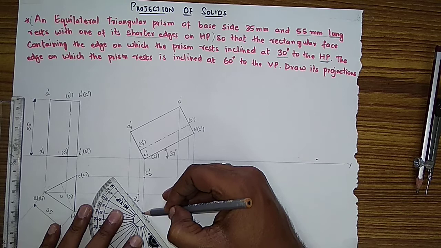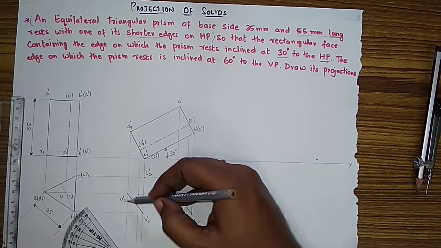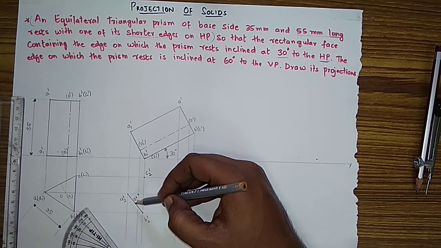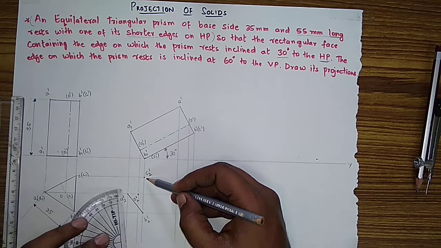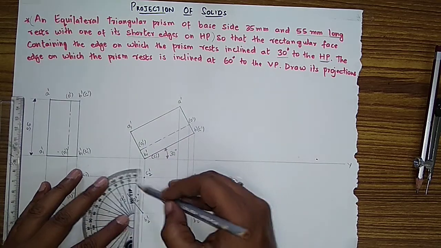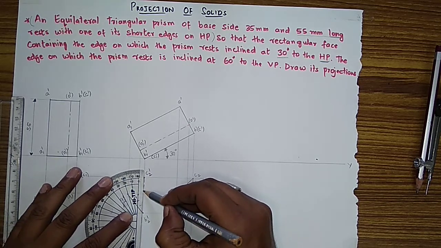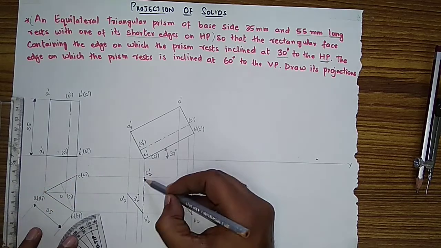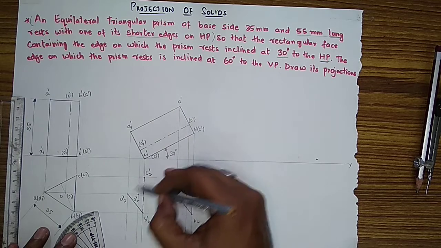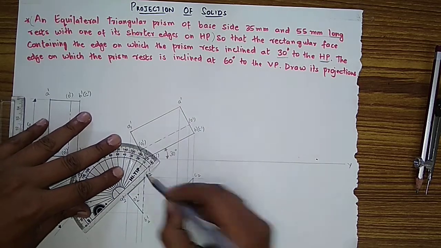A to B I am doing dark because this line is the boundary, meaning the outermost line of this figure. That means this is the boundary, so boundary should be dark. So I am doing dark. Now B2 dash to C2 dash, this line is not visible, and it is not coming on the boundary. It is inside the boundary. So do it dotted. Now C to A is not visible, so we have to do it dotted. But here it is coming on the boundary, the outermost line. So do it dark. Okay.